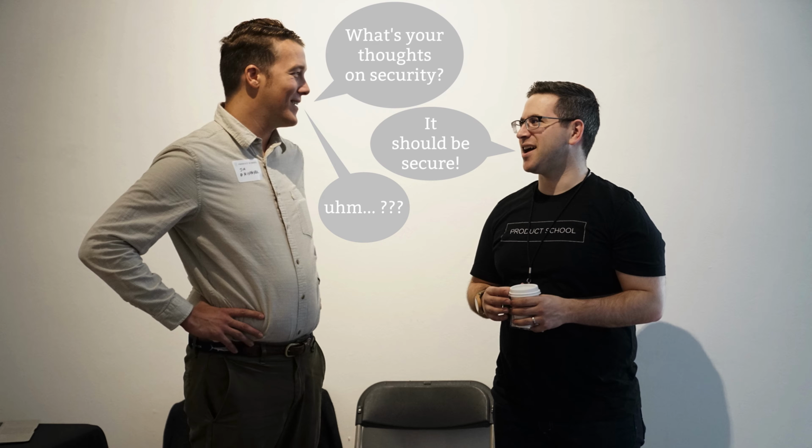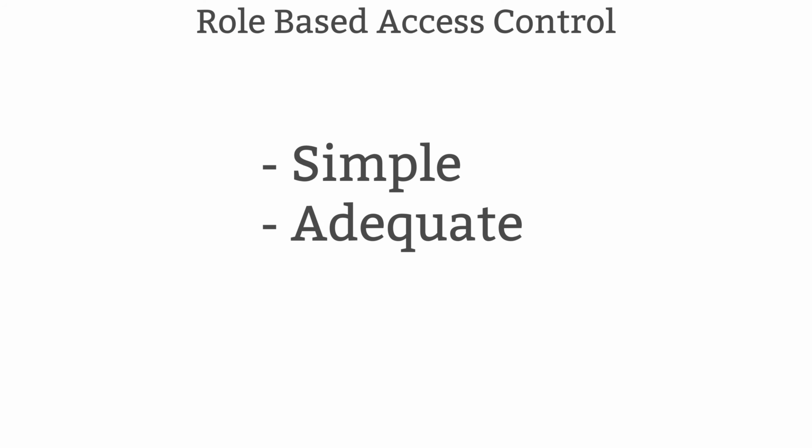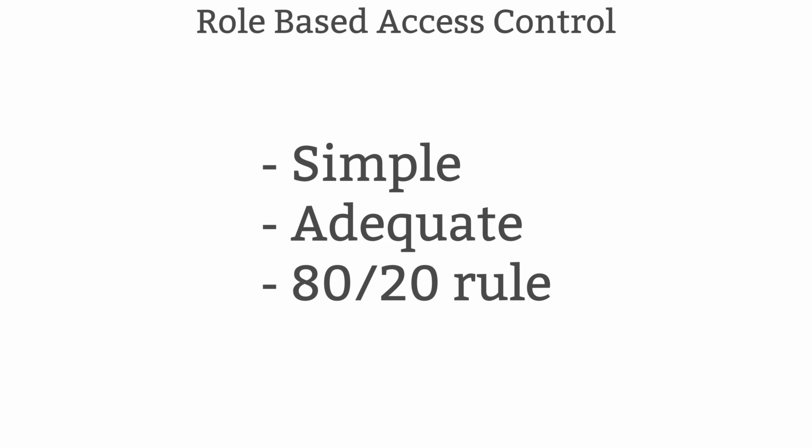Now, in my opinion, implementing a role-based access control system is relatively simple, and often it's completely adequate, and it feels like we're following the 80-20 rule. In other words, implementing role-based access control takes about 20% of the effort of a more sophisticated system, and generally it covers about 80% of the use cases you'll typically need. So in my opinion, role-based access control is a pretty good first choice,